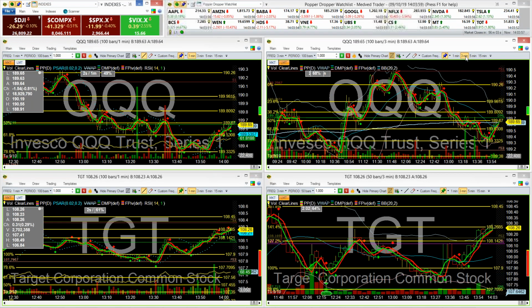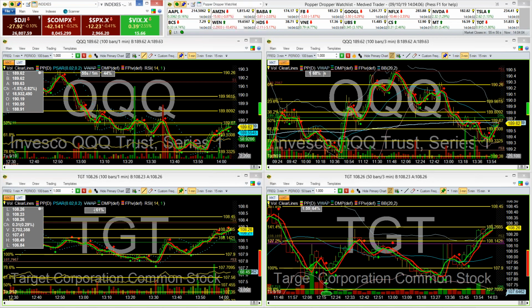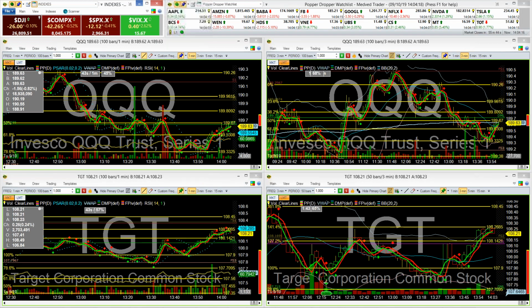This is the layout that I use throughout the trading day. I have a different layout I use in the pre-market when I'm just reviewing charts of the poppers and droppers for the set trading day, because that layout has the historical chart, which holds the day, week, and month. So just before I get into talking about how to set profit targets and how to find targets, let me just real quick